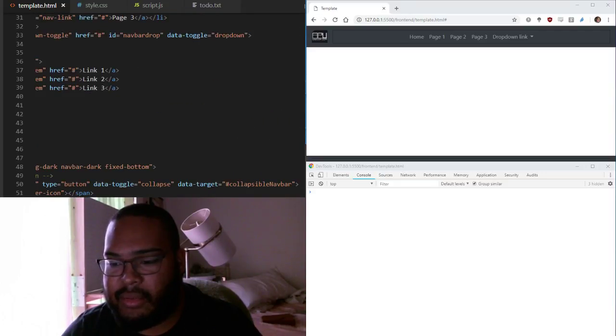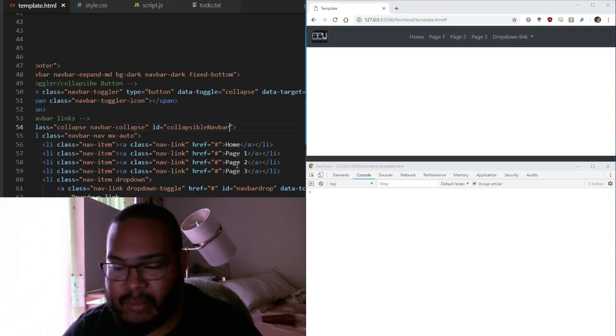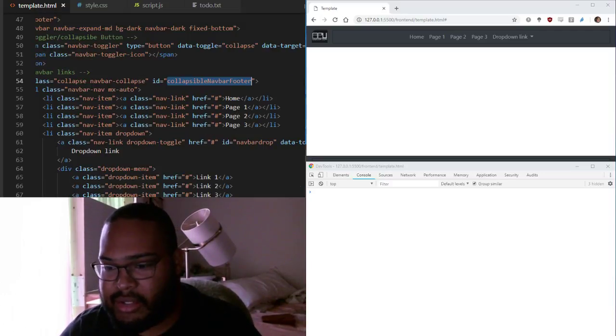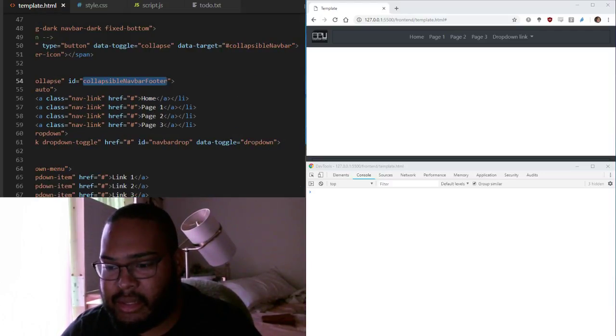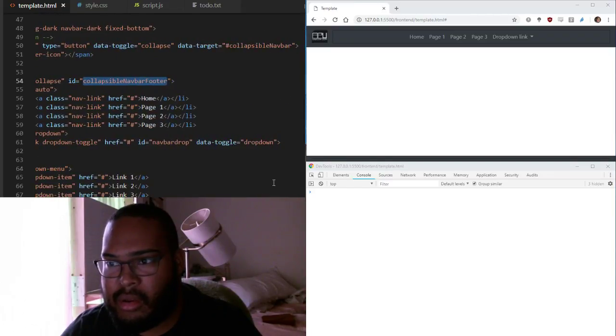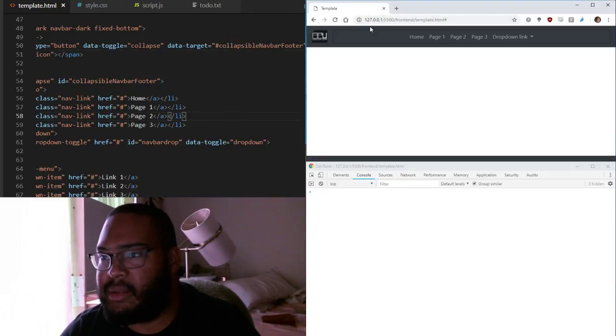And I'll call you footer. And I'll adjust the data toggle. Alright, where are you? Data target. Alright, so now